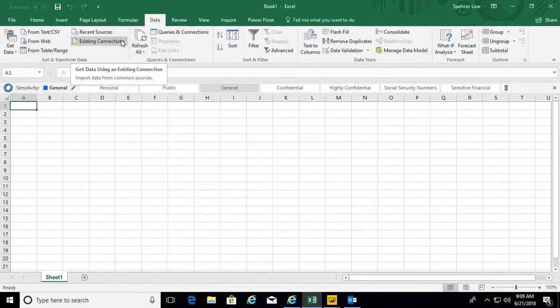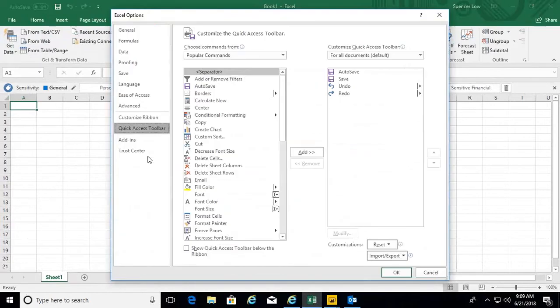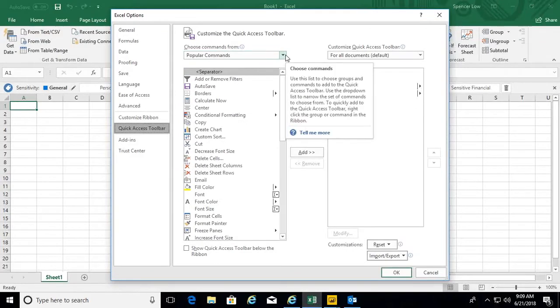The other button is hidden, and that doesn't help. You see, the other button builds the dashboard. If you click the drop down here, right at the top, where you have your undo, you can go to more commands. When you go to more commands, this is all the popular stuff. So this is all the stuff that's used by all the cool kids. And then if you click the drop down here,